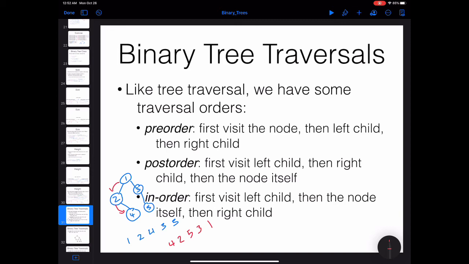Now we can also define in-order for binary trees. Because we are only going to have 2 children, the in-order is going to have a meaning. So instead of visiting the node before the children or after the children, you can visit the node between the children. So first visit the left child, visit the node itself, and then visit the right child. So in this tree,